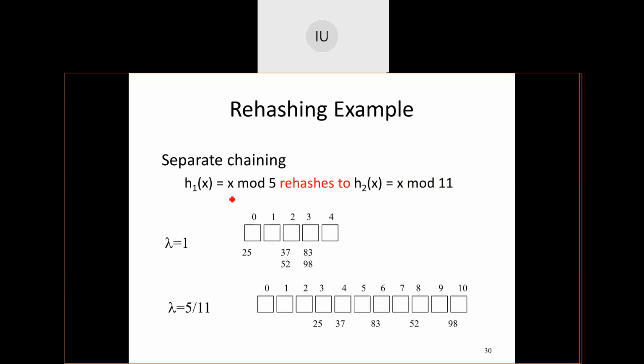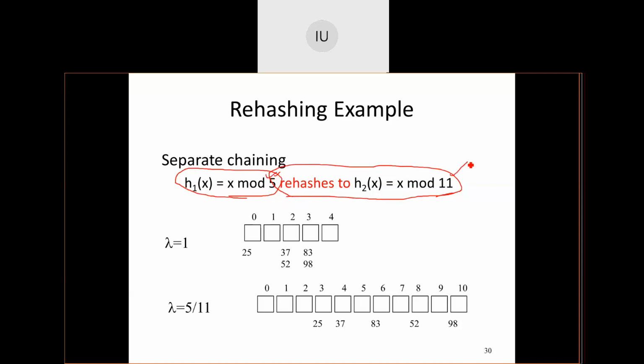The meaning of that is I have a hash function which talks about a table of size 5. Now the elements are getting collided every now and then. What I will do is enhance the table size so that the values get mapped to different positions. Increasing the size and rehashing to a new function is called rehashing. Just pay attention. Here 5 is the table size. Now it has been enhanced to 11.